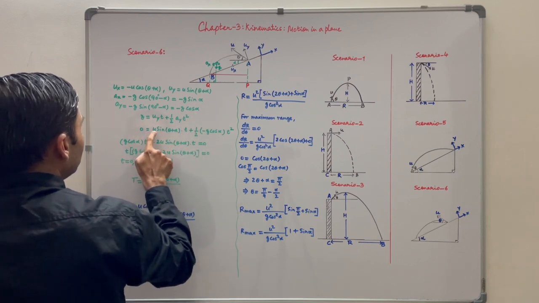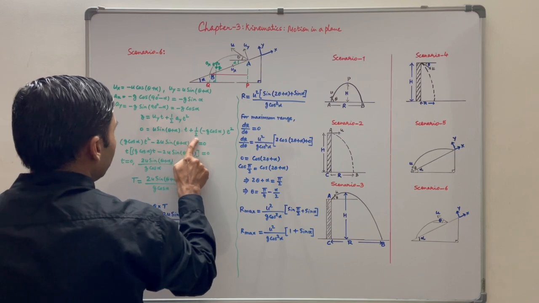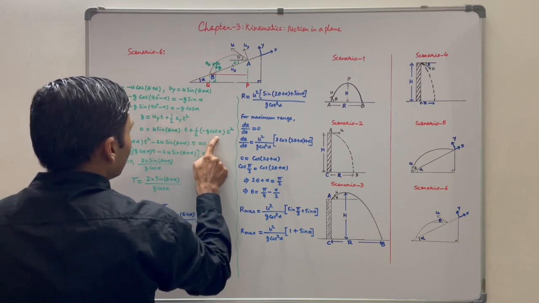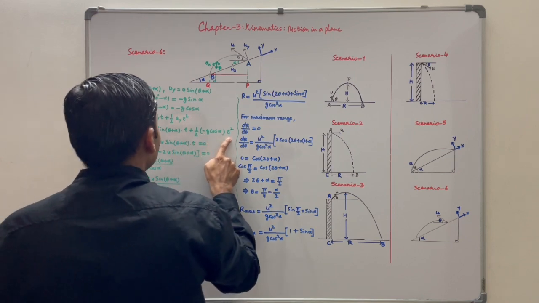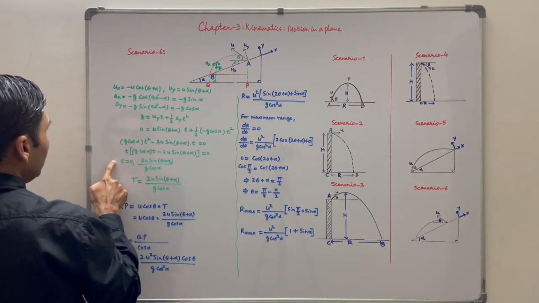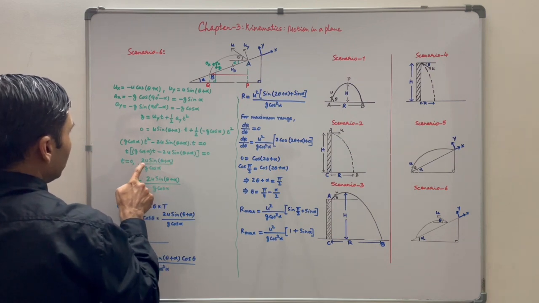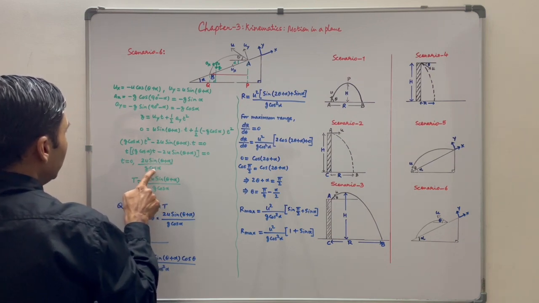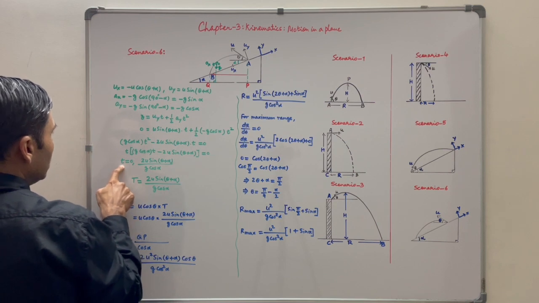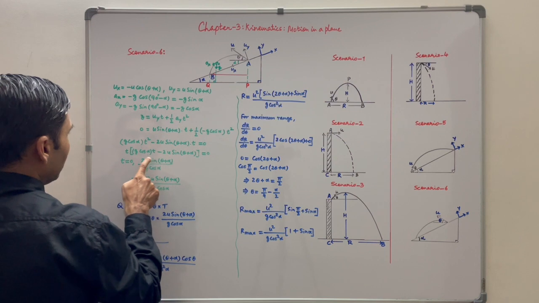So 0 is equal to u sin(theta plus alpha) into t plus 1 by 2 into minus g cos alpha into t square. This gives a quadratic in t. Values of t will be equal to 0 or 2u sin(theta plus alpha) upon g cos alpha. t cannot be equal to 0, so time of flight t is equal to 2u sin(theta plus alpha) upon